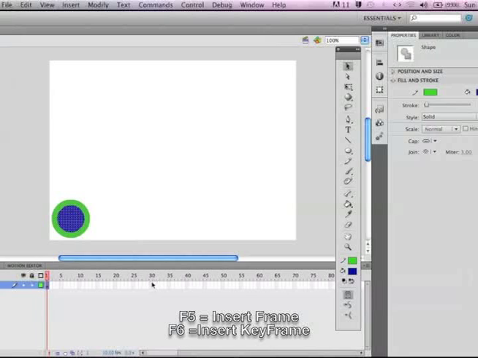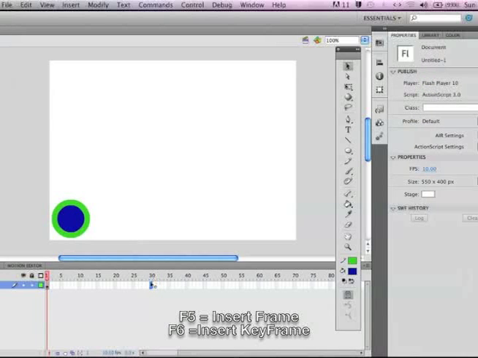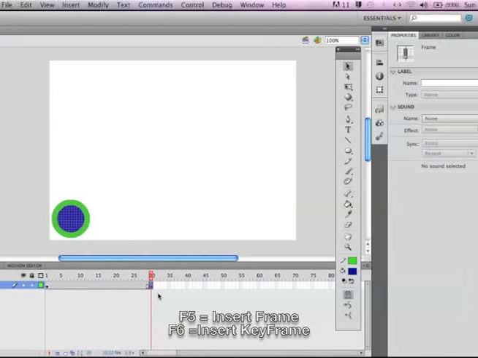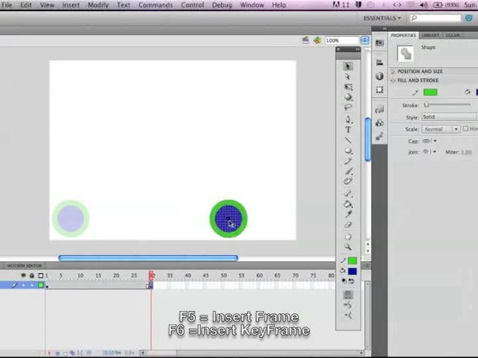So I can move down to the 30th frame in my timeline and click with my mouse to select that frame, and it should be highlighted blue. Then on my keyboard, I want to hit F6 to insert a second keyframe. When I insert that second keyframe, it copies the content from the first keyframe and places it in the second keyframe, and because I haven't moved it yet, it places it in perfect alignment so you can't tell that there's two copies of that circle. But if I now move that to my end position,